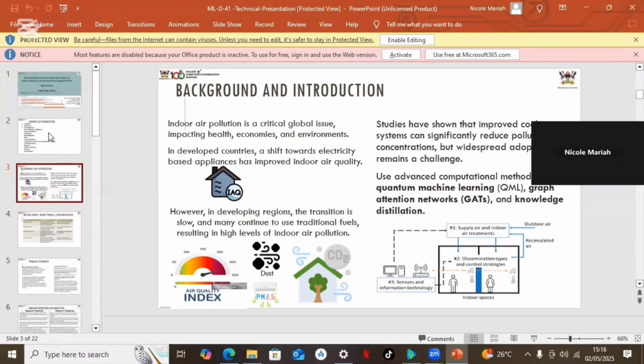Indoor air pollution is a critical global issue that impacts health, economies, and environments. In developed countries, there is a shift towards electricity-based appliances, which has improved indoor air quality. However, in developing regions, the transition is slow and many continue to use traditional fuels, resulting in high levels of indoor air pollution. As of Uganda, according to the Uganda Bureau of Statistics